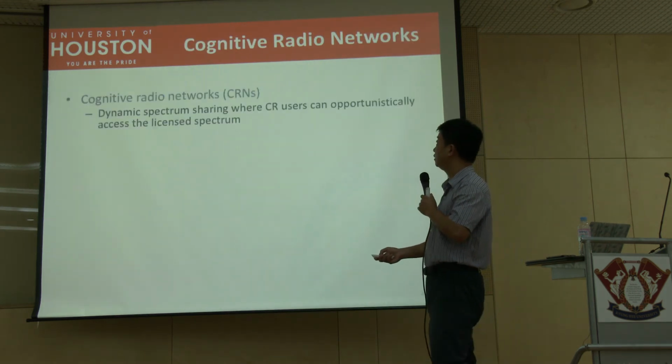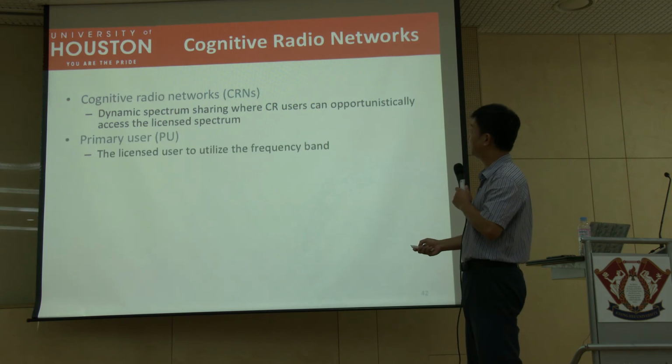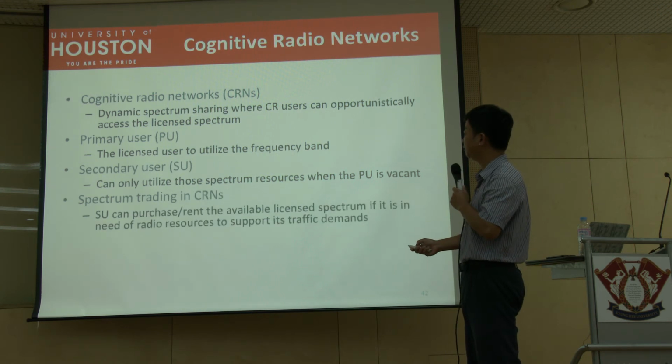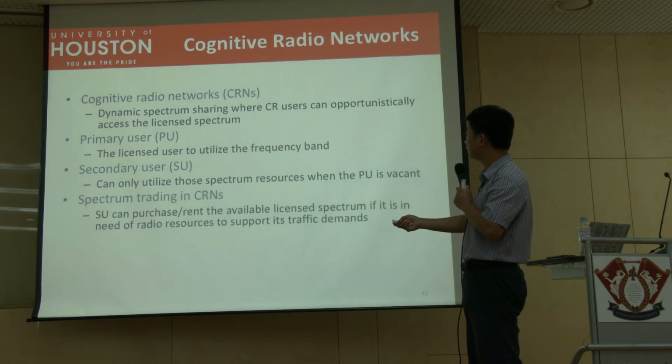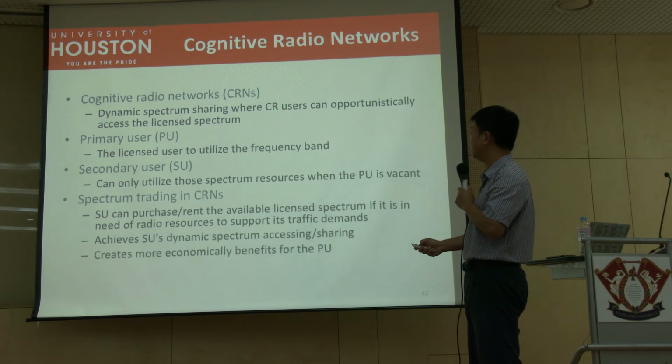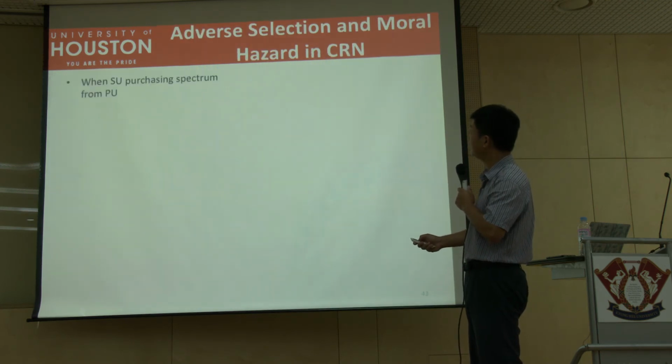So for cognitive radio, they try to borrow the spectrum from the prime user, and then the secondary user tries to utilize this kind of network. The cognitive radio network tries to utilize the spectrum obtained from the prime user to do the service. And then how could we do that? So the basic story is,